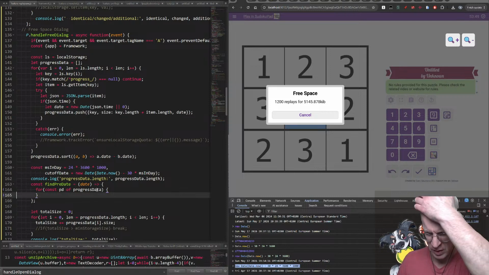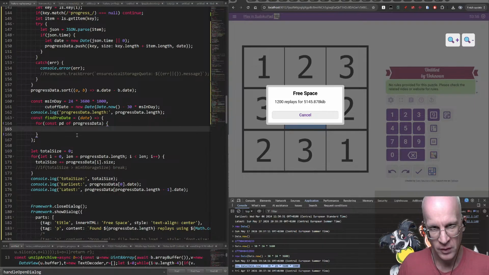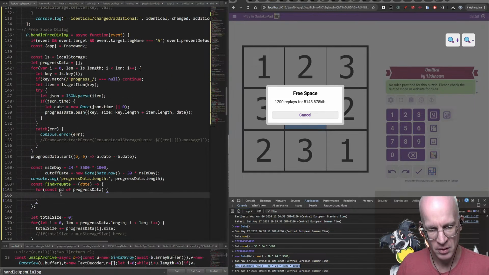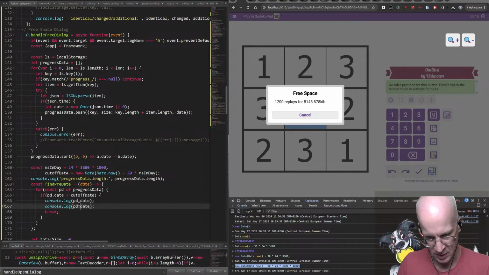So we're going from earliest. So we want to say if pd.date is greater than cutoffDate, break, and we can say console.log pd.date, and we can say progressData.indexOf(pd),